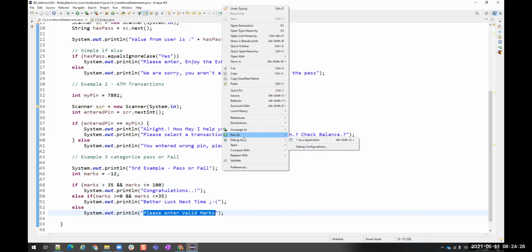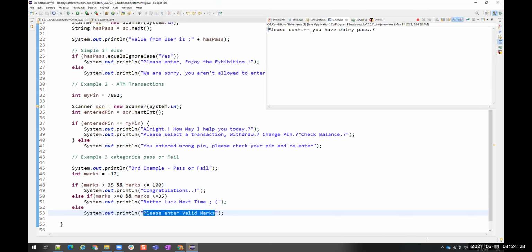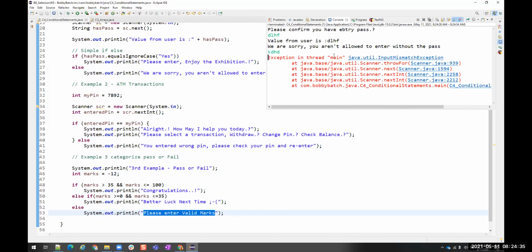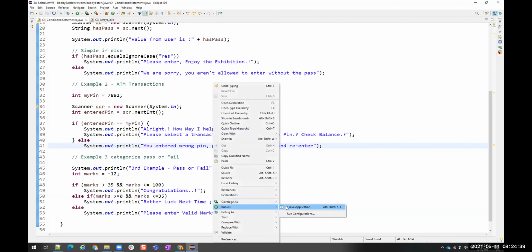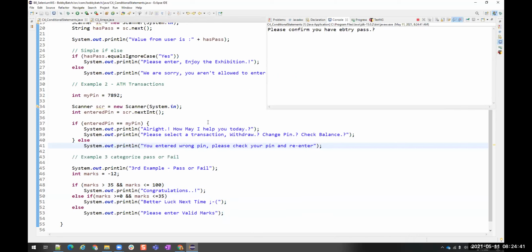Okay. Let me run this. It will not take that negative 12. We didn't cover that category. This one. Okay, you gave else.